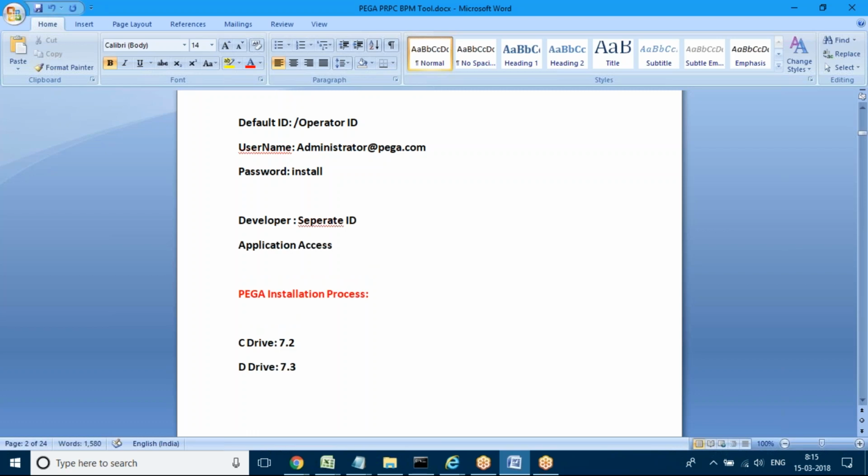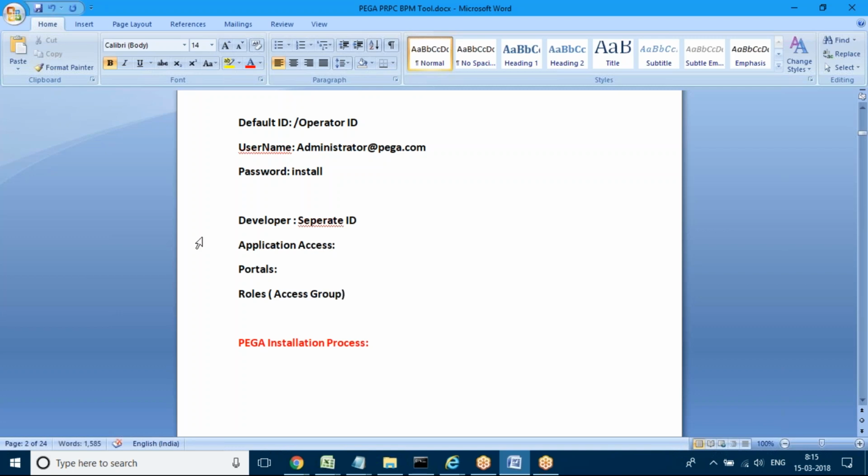So the first thing is application access will be common. All will have the common application access only, but there will be some changes. Then the application contains portals. Portal access also, mostly they'll be giving the same access, and portals contain roles. In Pega we call this the access group.